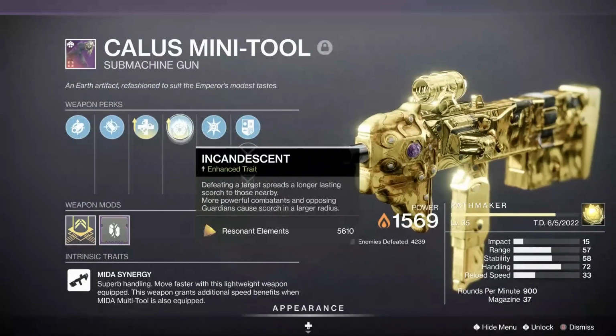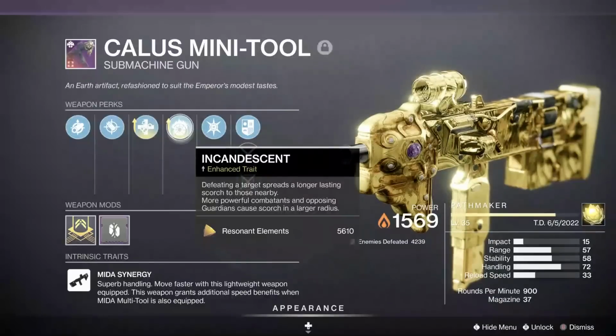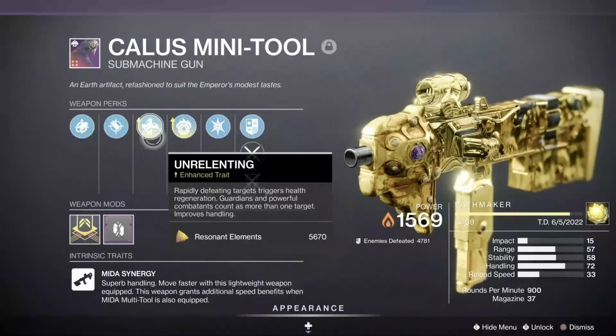Incandescent is one of the new perks added to Destiny 2 this season. If you kill an enemy, it will spread scorch to nearby targets and you don't even need to get precision kills. The unrelenting perk is just another great way to regain health, and the enhanced version offers you a nice